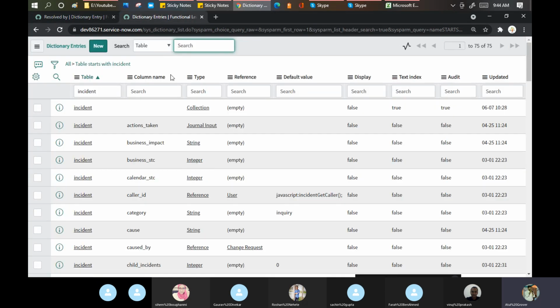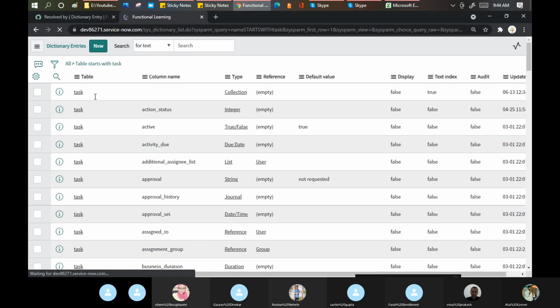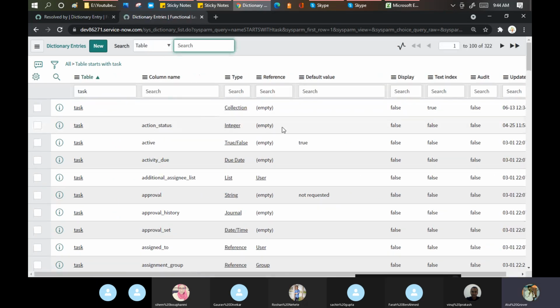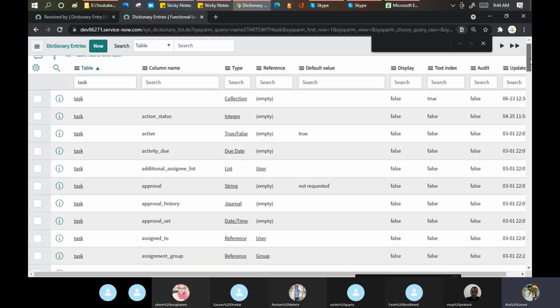Okay, if I open the task table here, let's search for the resolved by. Because they are not making any change in the property.